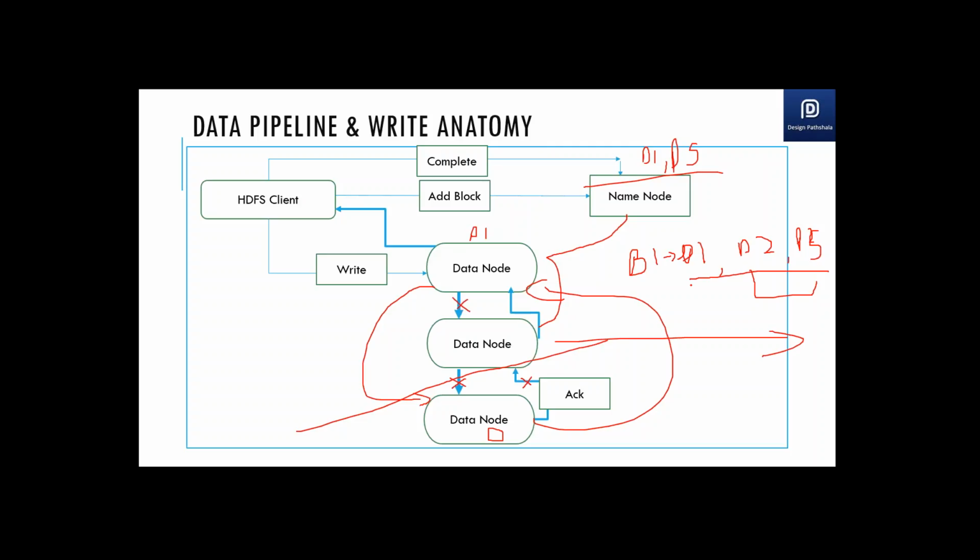So the probability of them going down in just a fraction of seconds is very low. Practically the write will happen to all three, because the name node knows they were up just a few seconds back. Even if one can go down, two going down at the same time within seconds is again very unlikely. So the probability is very low, but definitely there is a disadvantage of replication factor 1.